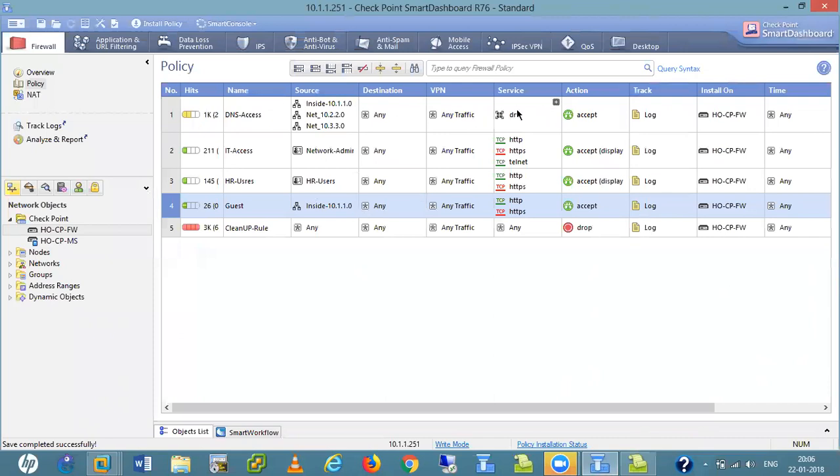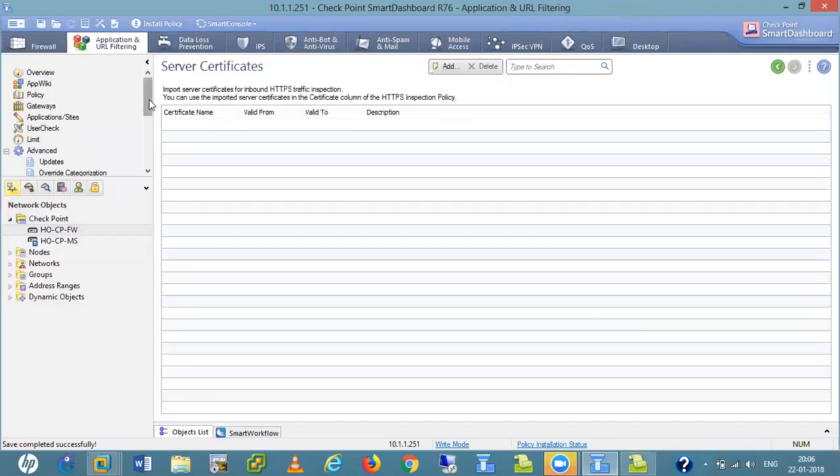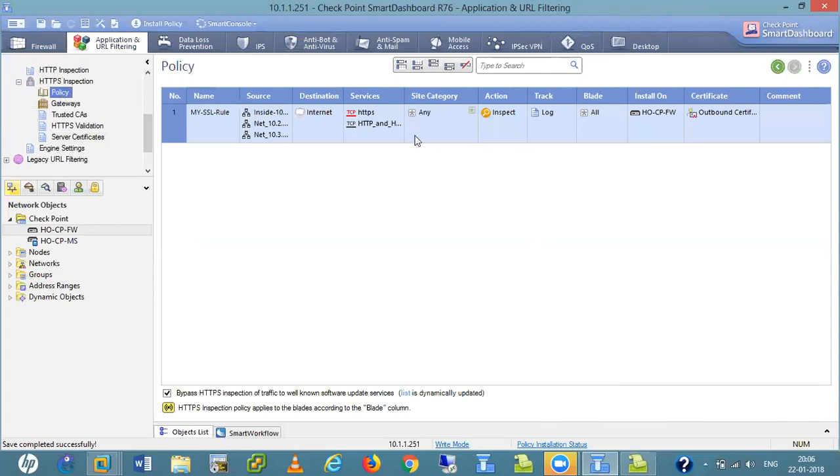So this is for DNS. This is for HTTP, HTTPS. If I check my decryption policy here, the stack log is fine.